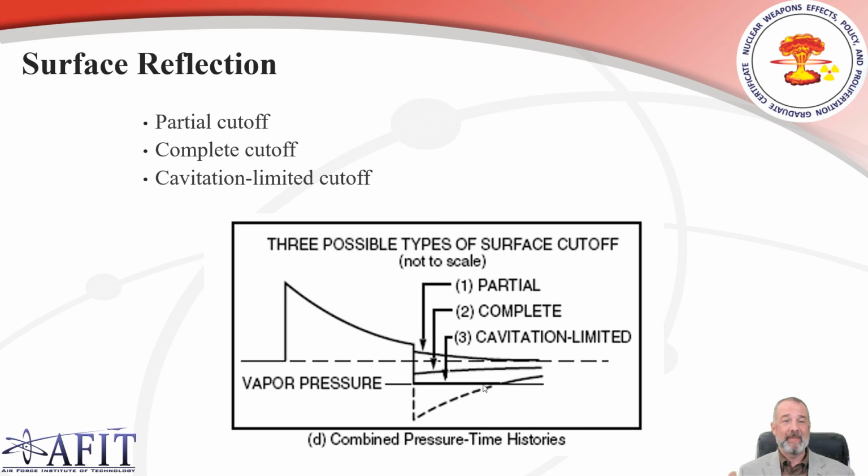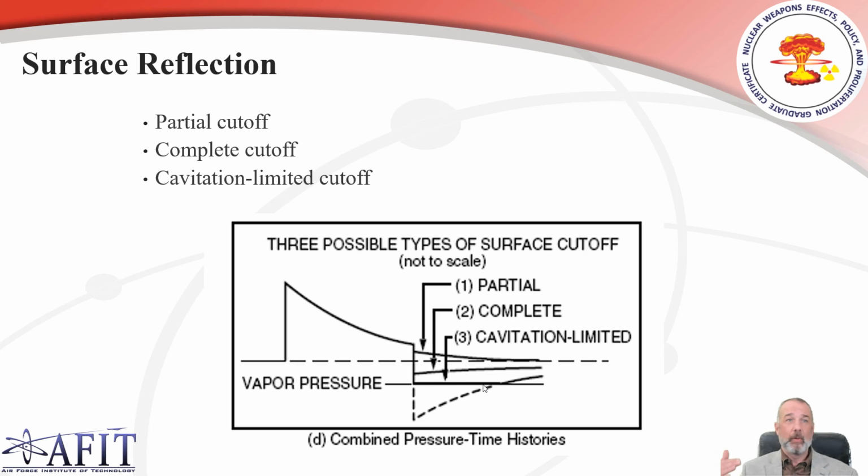If you're not familiar with the phenomenon of cavitation, it's basically that you're turning water into vapor. You're reducing the density. This can happen with boat propellers accelerating the water too much, putting too much energy into the water, and we can end up producing air pockets or gaseous pockets and causing some issues. But if we have too much of that negative tension wave that reduces the density of water below the vapor pressure, we'll end up producing a lot of cavitation, and that's going to halt it